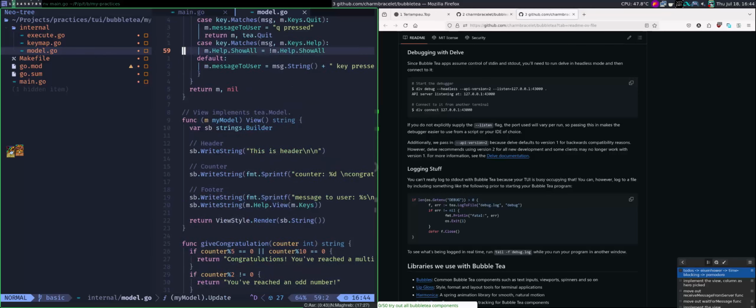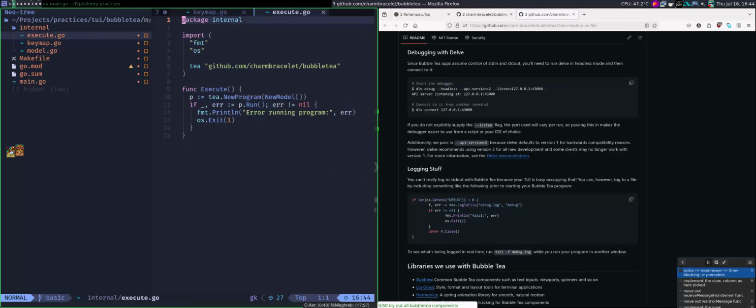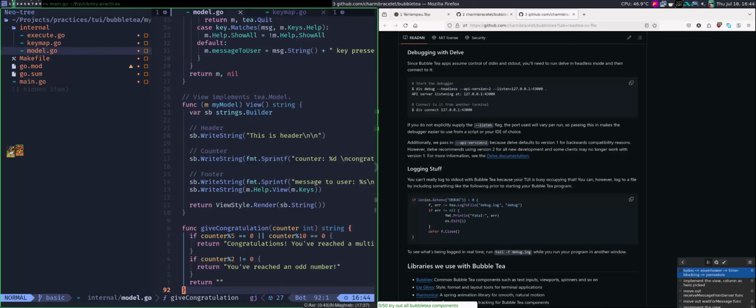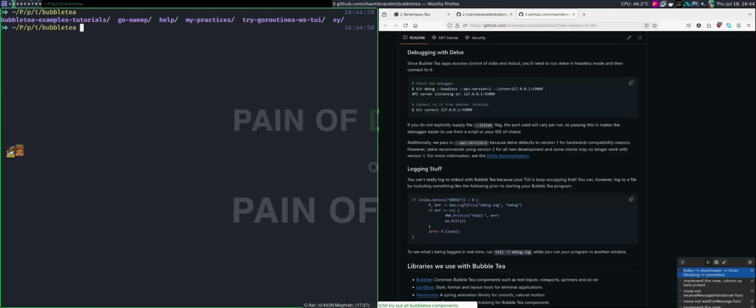I separated the model and the other main, and this is to execute the code. Okay, but I'm thinking of redoing this again, and calling it try-bubbletea. Okay, try-bubbletea again.